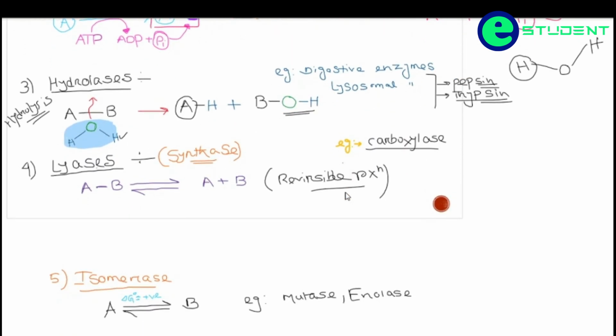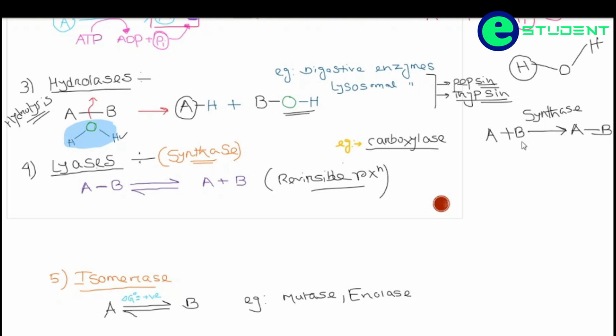Next we came to another type of enzyme, lyase. They are also known as synthases. It is very important to know the concept behind the names synthase and lyase. Let's give a look here. When A plus B is converted into AB, then the type of enzyme is known as synthase, because a bond